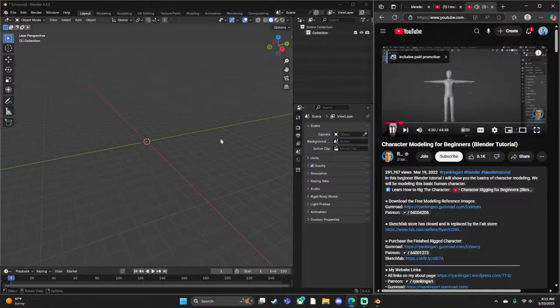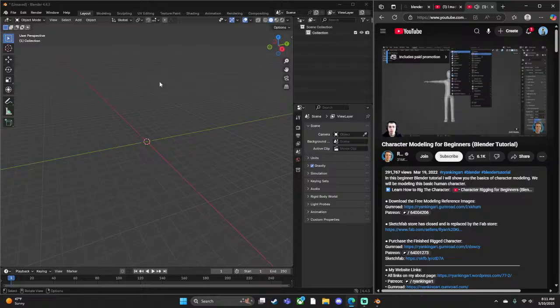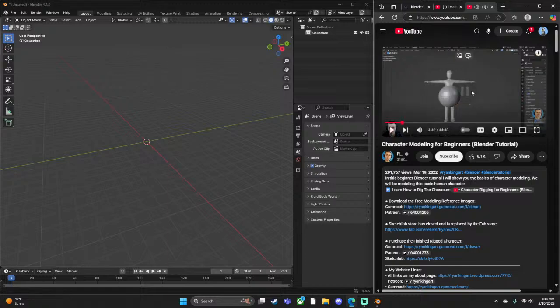To save the Blender file. Alright, so to start off, I want to model the head. So to model the head, I'm going to press Shift A, and I want to go over here to Mesh, and I want to add a UV sphere. Now, right when you add the UV sphere, without